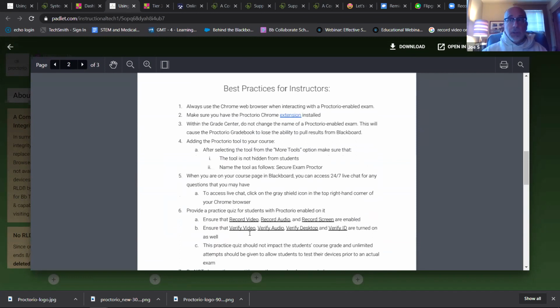Now, this is a little bit of that. There's probably a few more rules of thumb that I'll try to share with you during the session, but hopefully this will be a good guideline for you. And one of the most important things that I want to talk about is right here, number 6. Do make sure you provide a practice exam or a quiz for your students.